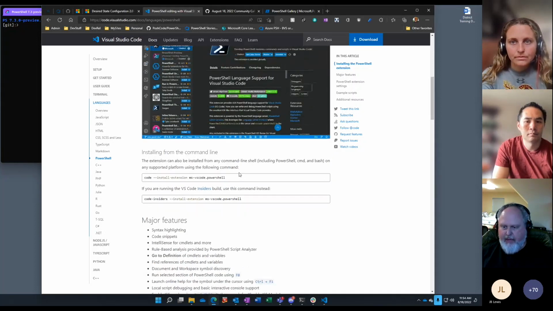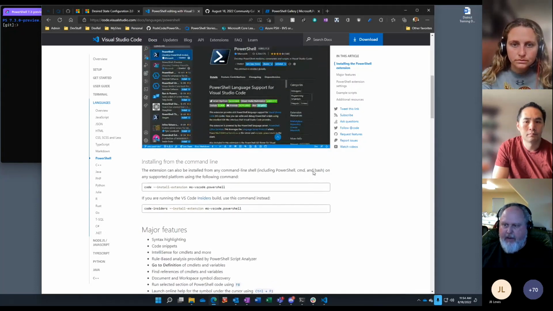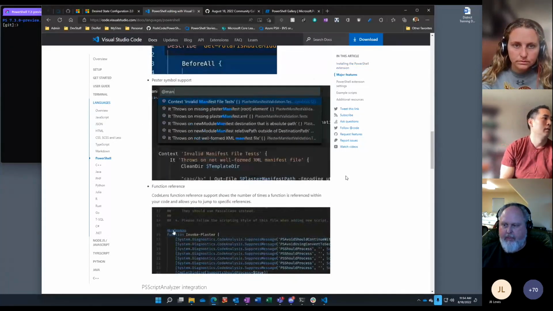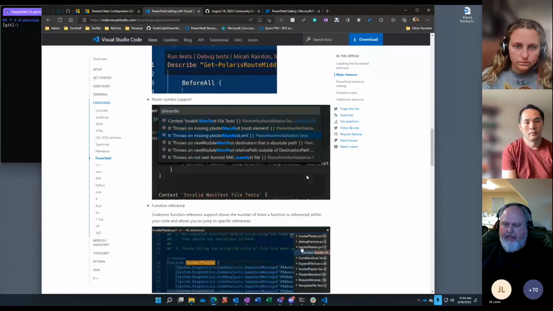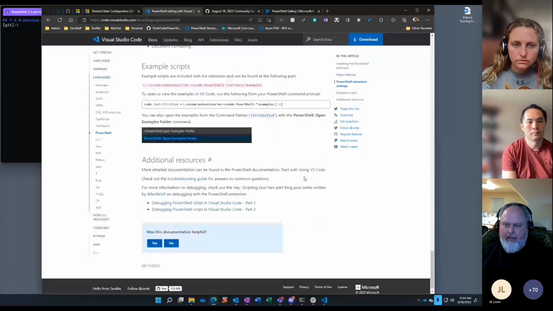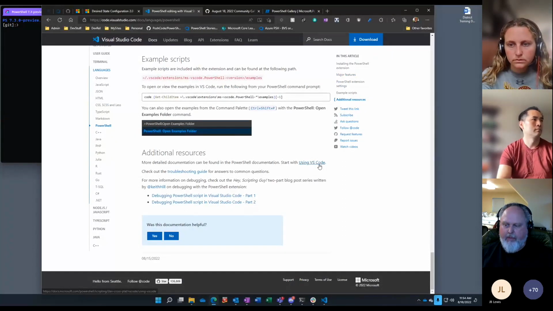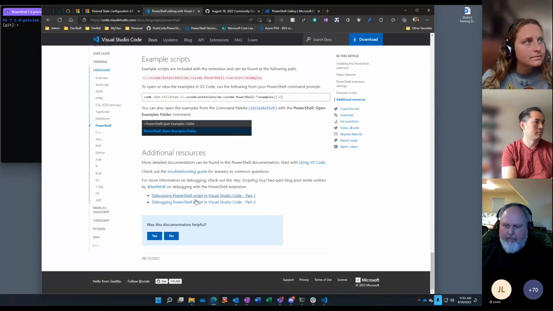We'll be keeping this up to date. Mostly this is about the features of the product and not so much about detailed usage. You can get that at the bottom here. There are links to our docs in the PowerShell doc set and some other resources here.